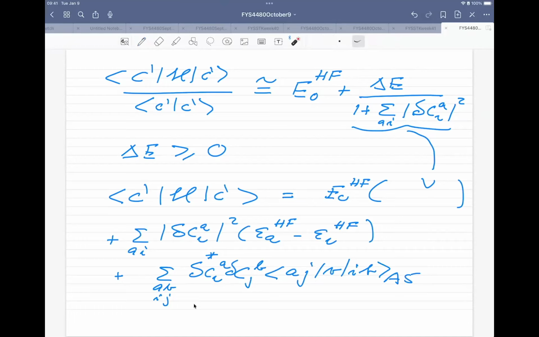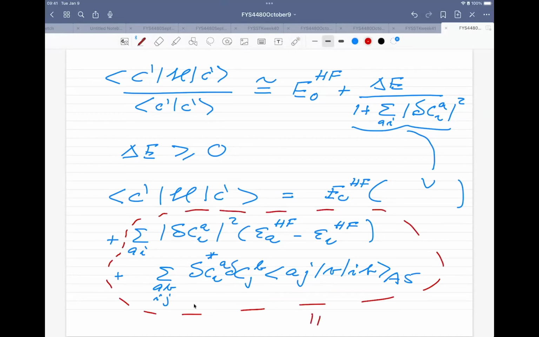And then we have two new terms, which we also went through the calculation of. So this term, which you see here, is what you would get. Let's just re-emphasize it: these two terms, let's put dots around them. These are so-called one particle, one hole contributions. These are the matrix elements which you would get when you look at the one particle, one hole block in the FCI discussion which we had last week and the week before. So this part here is us taking the transition from one particle, one hole state to a new one particle, one hole state.